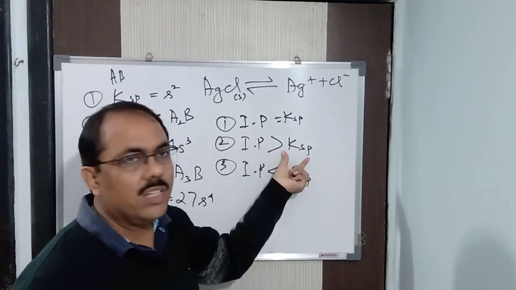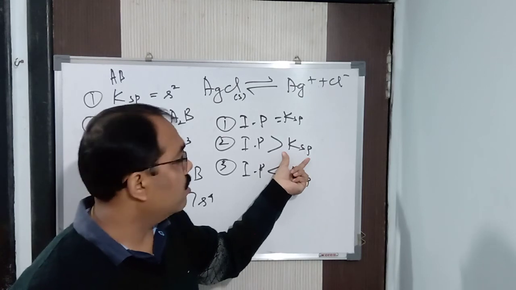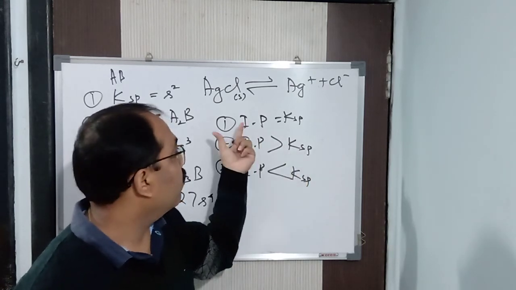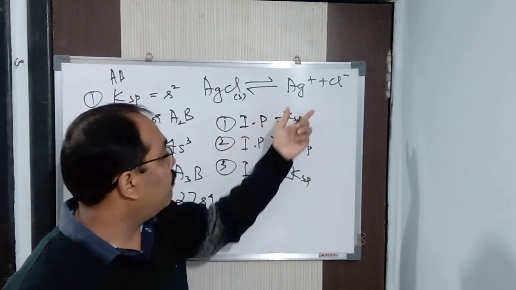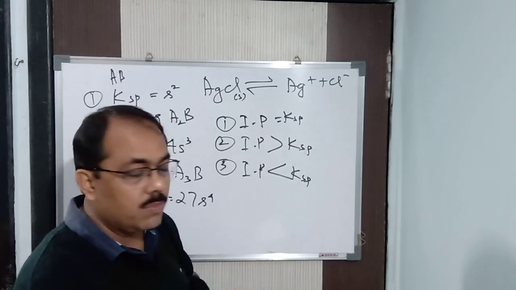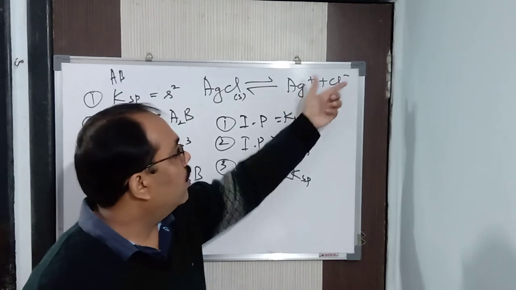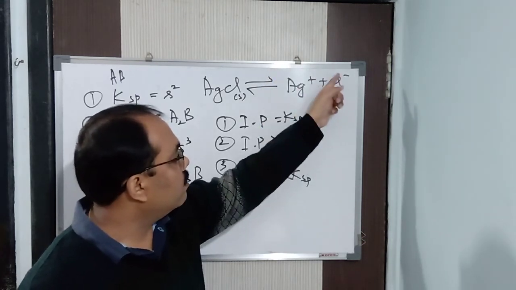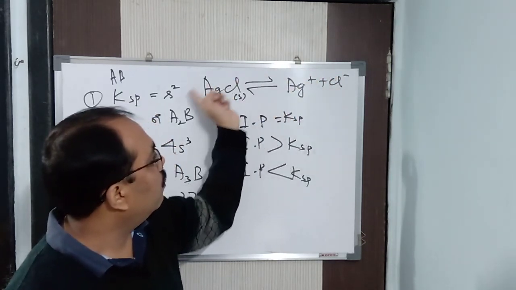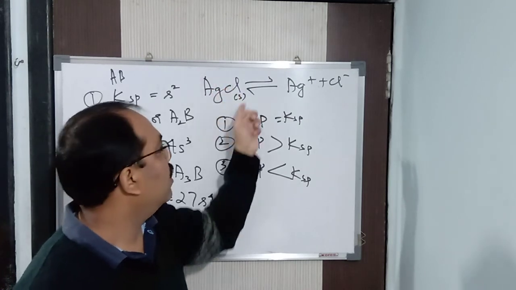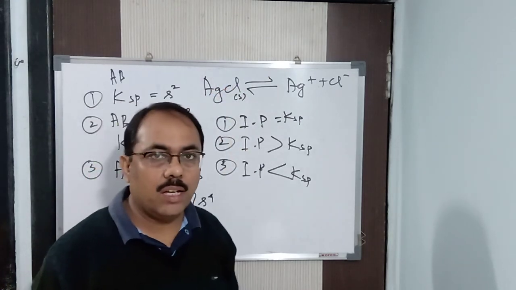Now this value I said is given in the question, in the numericals. You will compare it with this particular value. And hence, when IP is greater than KSP, understood how IP is more. When IP is greater, the concentration of the product of the ions is more. Then, according to Le Chatelier's principle, the equilibrium will favor the backward direction, and hence the solid is formed. We can say that a PPT is formed.